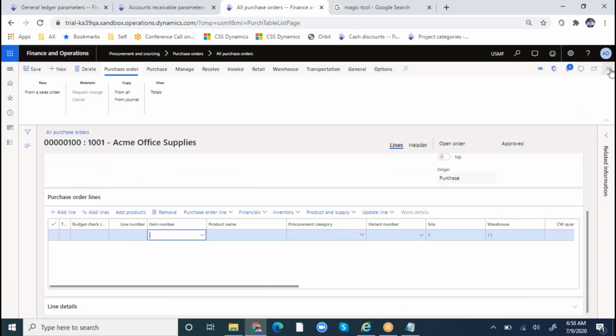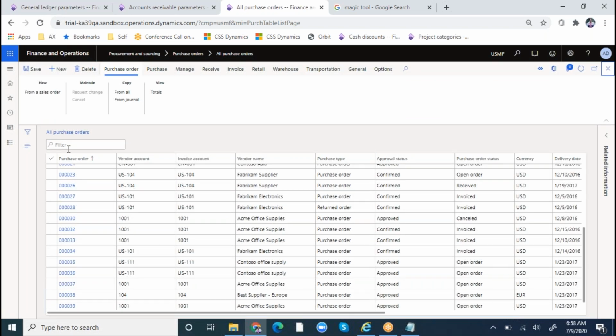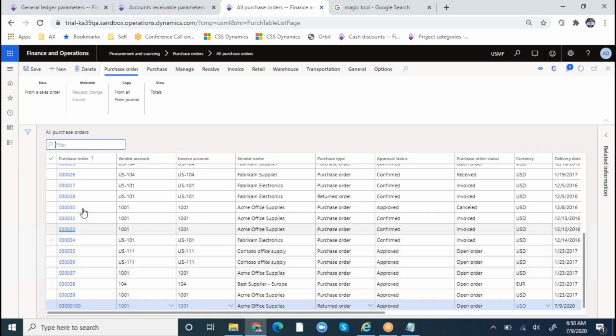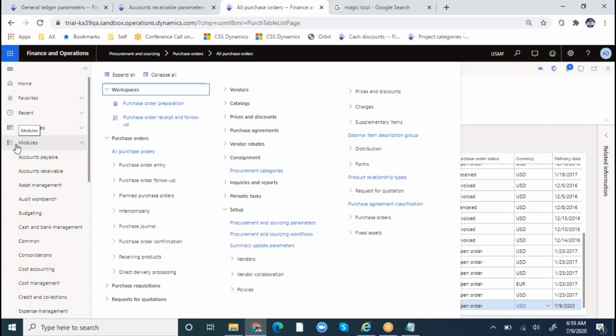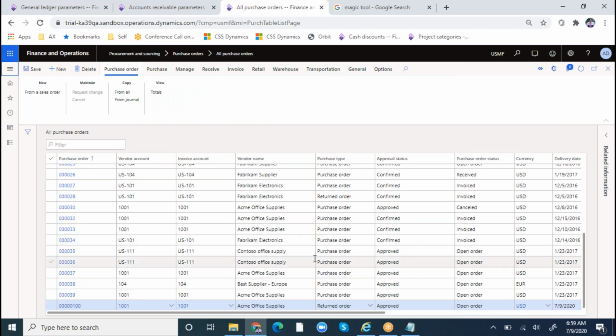Okay, so if you look at this one, it is 100. This type is different, but it is a continuous number. Someone is speaking in some other form. You go to procurement and sourcing, and in the main menu there is somewhere written order form also there, I guess. No, it is for sales orders, not for purchase orders. Okay. So this is a continuous number, but